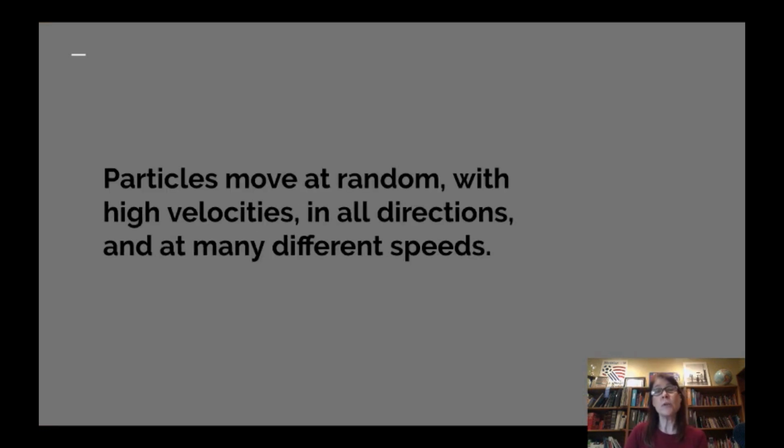Assumption number 2 is that these gas particles are moving at random. There are many different gas molecules and they move at different speeds. Some move slowly, some move more quickly. And as they're moving, they may collide with each other or with the sides of their container. When they collide with either one another or the sides of the container, this can change their direction and or